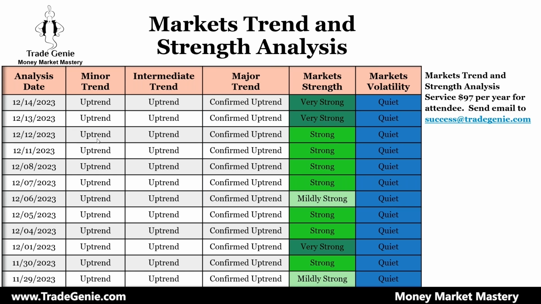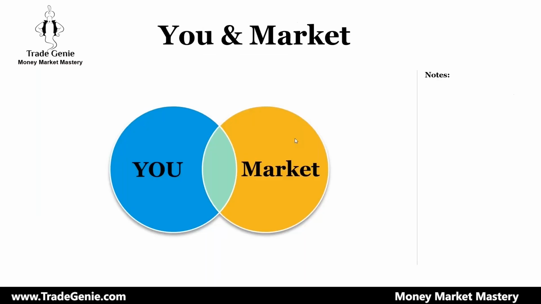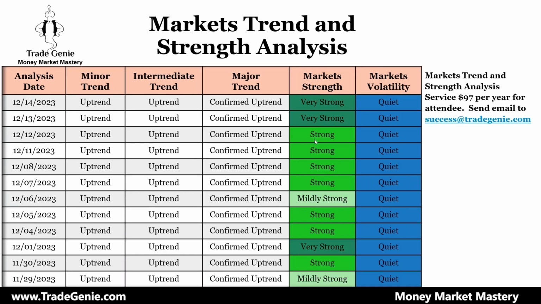Just like I have this green asterisk to tell me that the market is in downtrend, but something is coming on the buy side. When I detect that, then I put the red dot, and then the strength will go down from very strong to strong. But it doesn't mean I go to cash. It's not like that. You don't suddenly panic and say, okay, it's time to go to cash. No, it's just that I'm on high alert, and then look for those stocks.